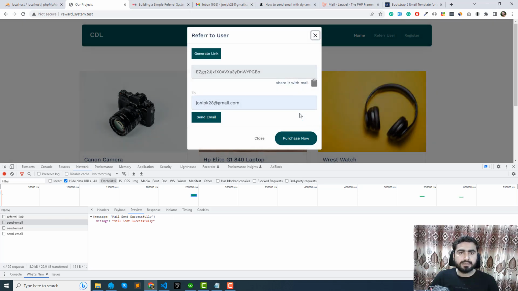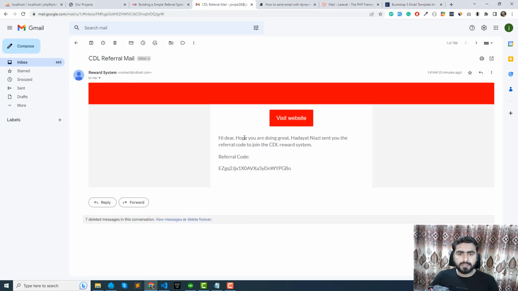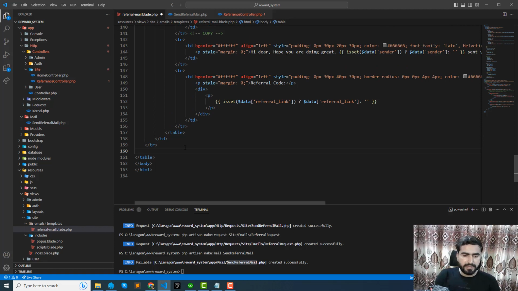Right, yes, sent. Refresh. Thrilled and hope you are doing great. And yes, now looks fine. You can also add a space here over the top or bottom. I think I need to add some space here